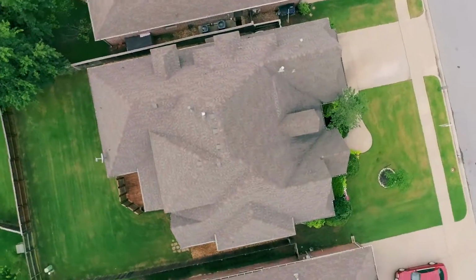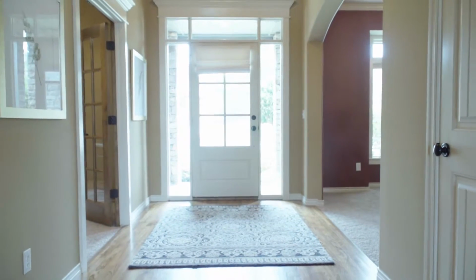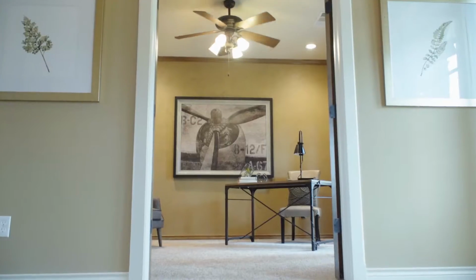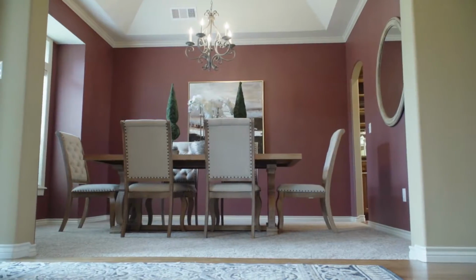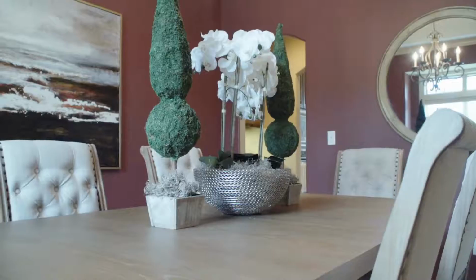Stepping inside this wonderful home, the welcoming foyer is accompanied by a home office on one side and a formal dining space on the other. Working from home couldn't be easier here, and your family is sure to make plenty of memories around the table